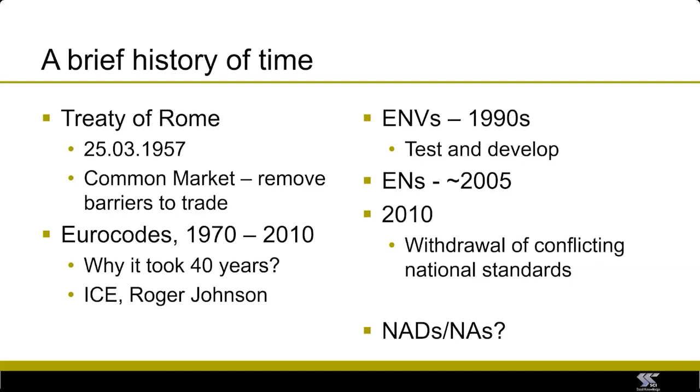And that's something that's affected the second generation of Eurocodes as well, because of different views, different balances between economy and safety. And that's one of the reasons, again, why it took 40 years the first time around, why it's taken 15 years the next time around, because trying to get agreement can be extremely difficult.